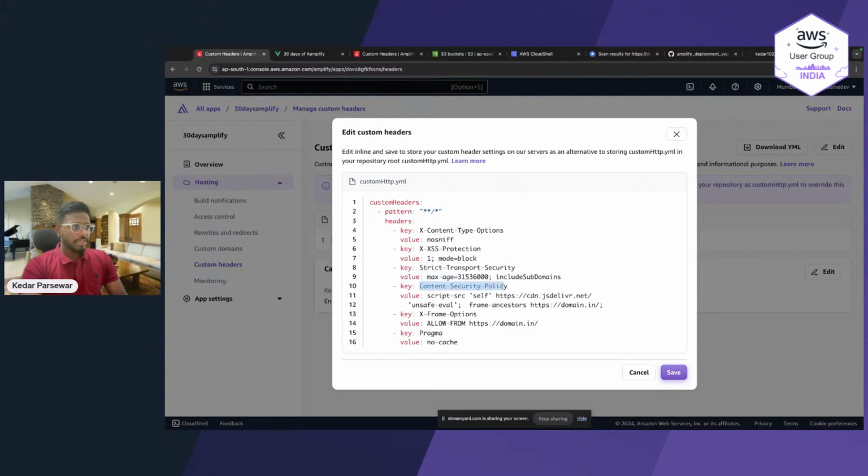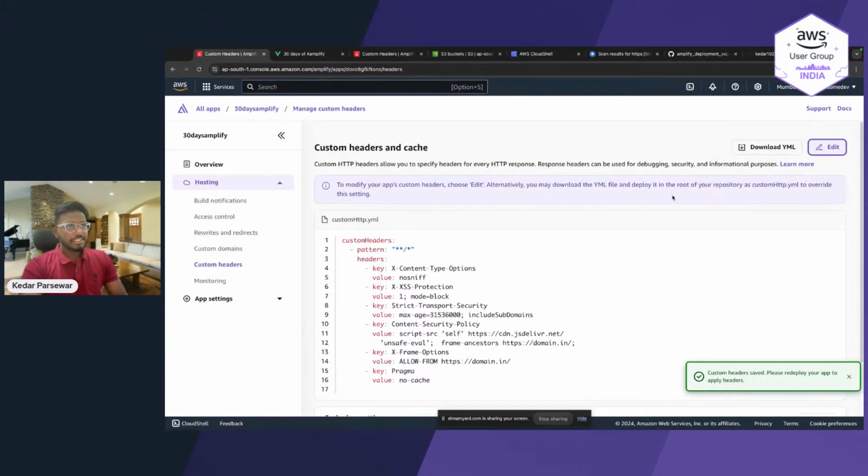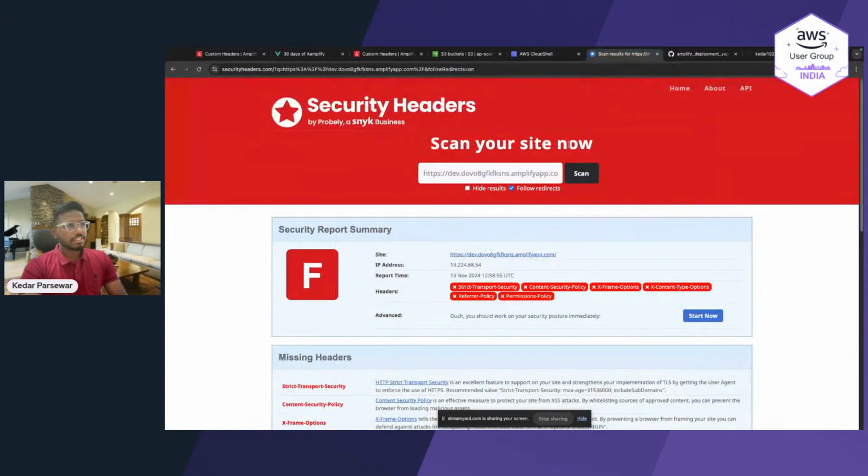Then we are adding the content security policies, where we are giving the script source as self. And when we talk about clickjacking, we will have to add the X-Frame-Options, frame ancestors, and the pragma. So these are the security headers that we use. Now I'll just save it. That's it. And if I just scan my result,